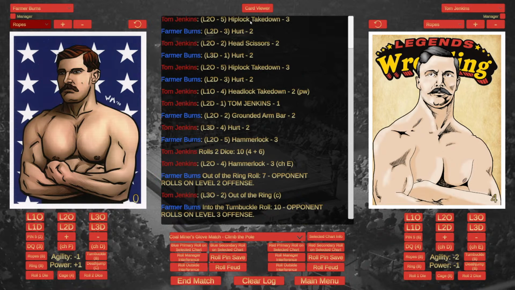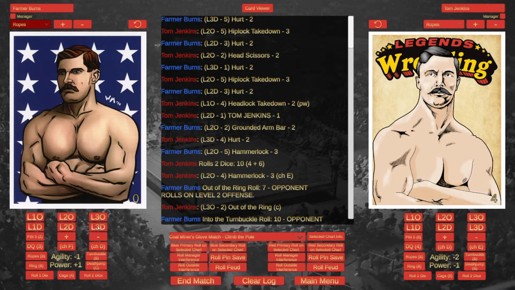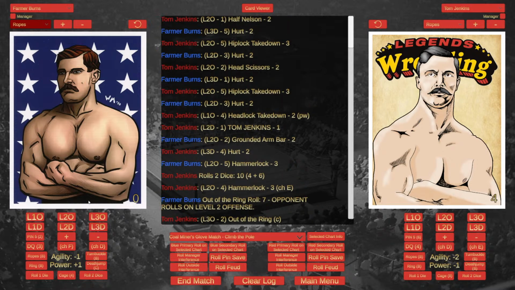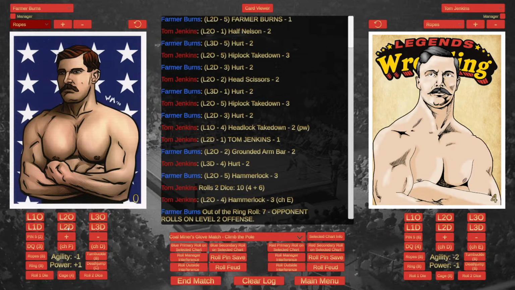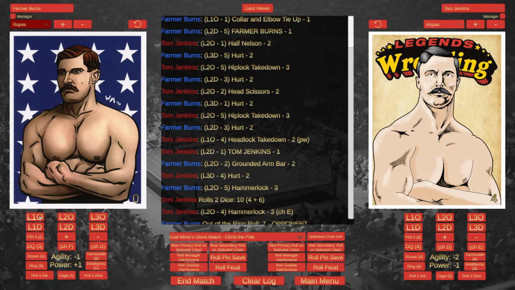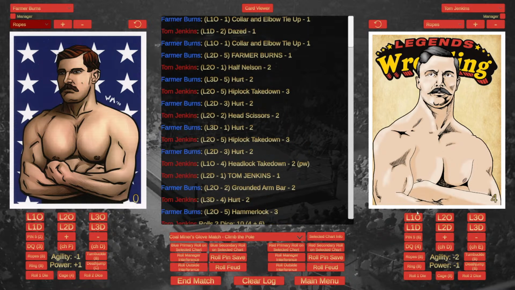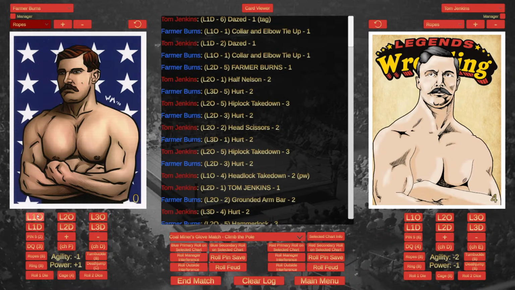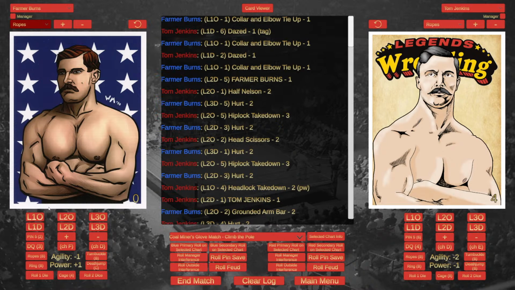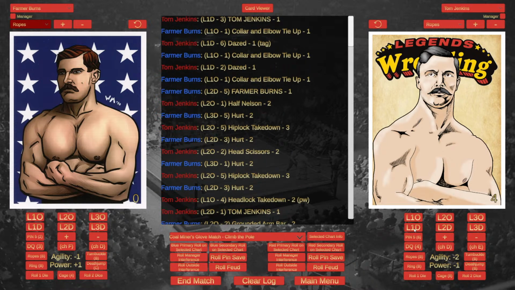And here we go, level 2. And another hip lock takedown by Tom Jenkins, and Farmer Burns is hurt. Half Nelson by Jenkins. Farmer Burns able to kick out of the half Nelson, or counter the half Nelson, lock him in a collar and elbow tie-up, and that's going to daze Tom Jenkins as they continue to fight in the collar and elbow. And Jenkins once again dazed, and they're continuing that collar and elbow, and Jenkins finally breaks